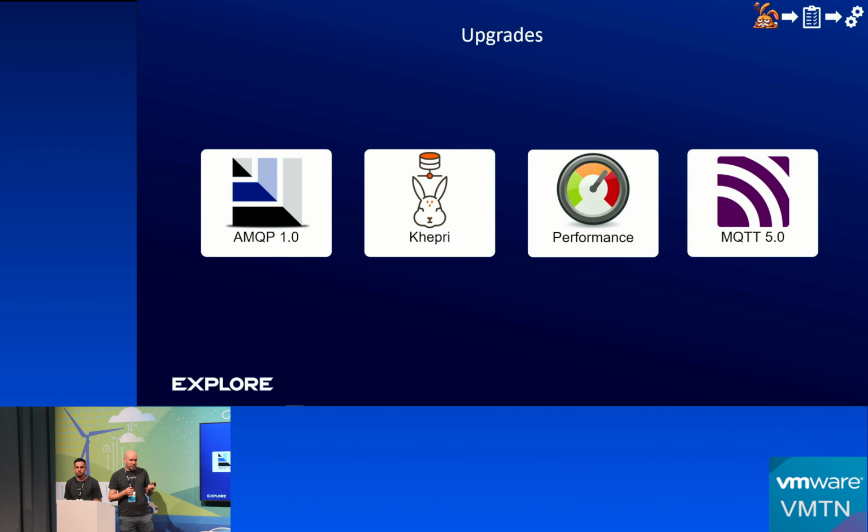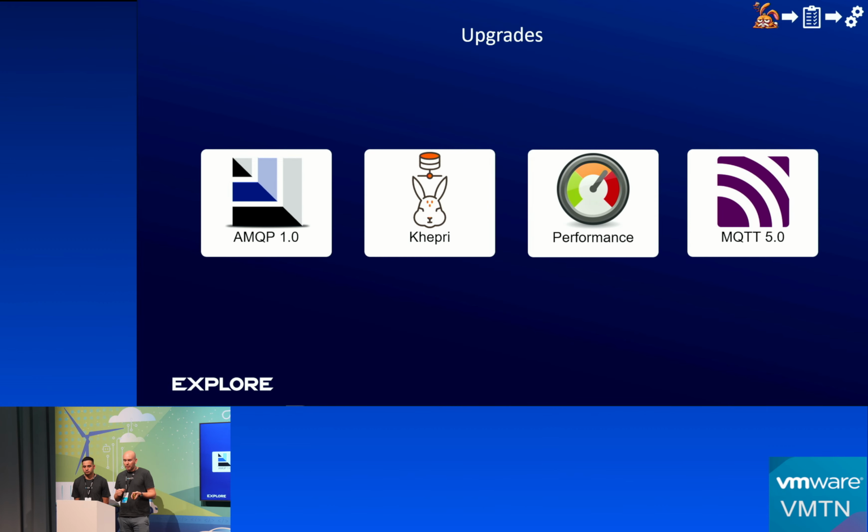And last but not least, Tanzu RabbitMQ offers you a tested way, a clean way to upgrade your clusters. Like I said, it manages rolling updates, so you don't have to worry about downtime. And if you have an updated cluster, you get all the latest and greatest features, like AMQP 1.0, which brings with it some major improvements in the message handling on the TCP level, with a new flow control system, which increases performance again,